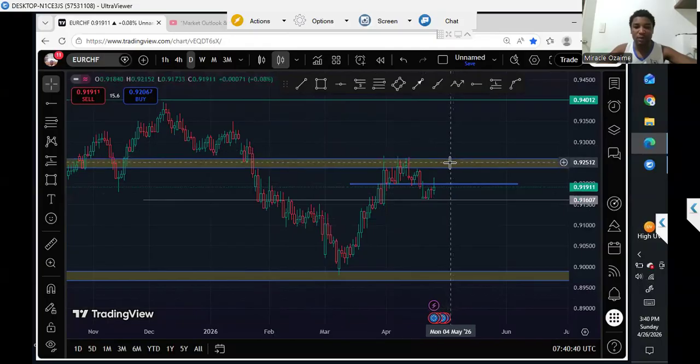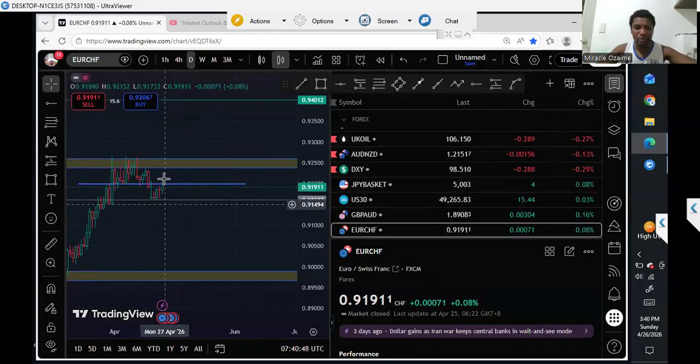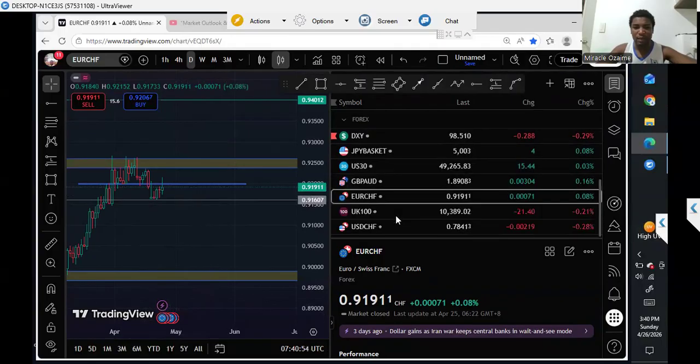So that's my thought on Euro CHF as of the moment. But I'm favoring the Euro CHF upside to the tune of 60% on this pair. Then the next pair I'm going to be checking is